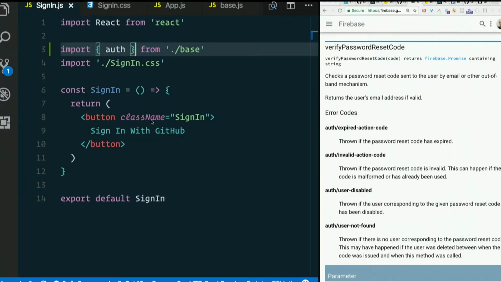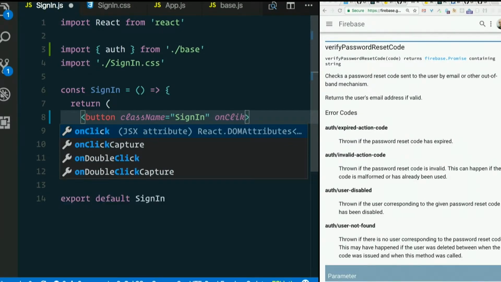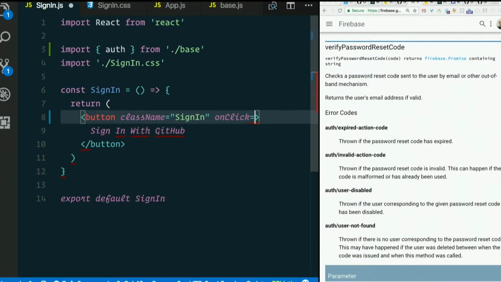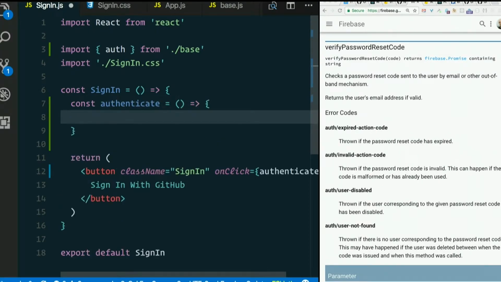Again, our sign in button needs to actually do something, so let's give it an onClick. Let's just call authenticate. Make a method up here called authenticate. Remember, this is not a class. This is just a functional stateless component. Const authenticate equals arrow function. And inside there,